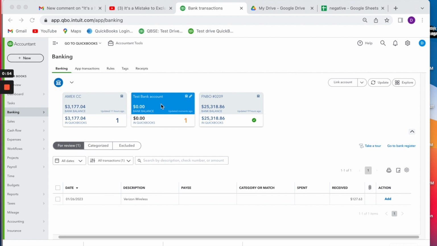I'm looking at our test bank account here. We have one transaction, and it says on January 26, 2023, the description is Verizon Wireless. And we notice when we get all the way over here, it says that $127.63 was received. Let's say in this example, you're the business owner and you're saying, well, I didn't receive $127.63. I actually spent